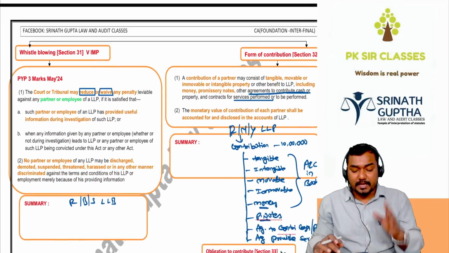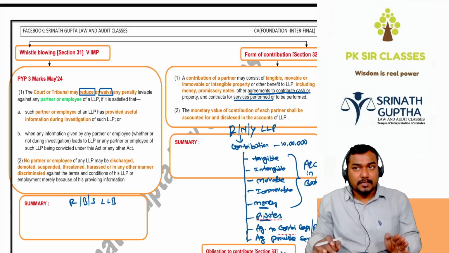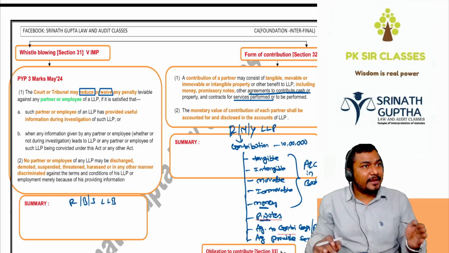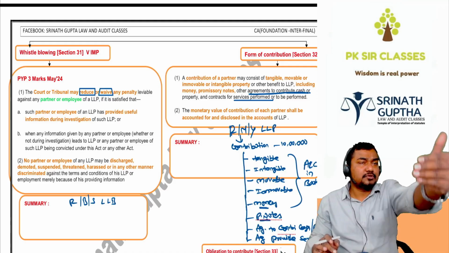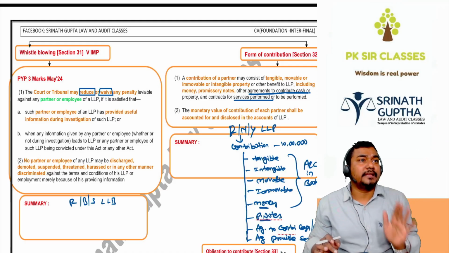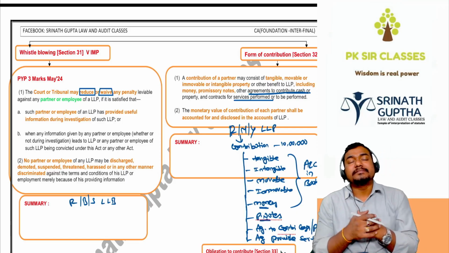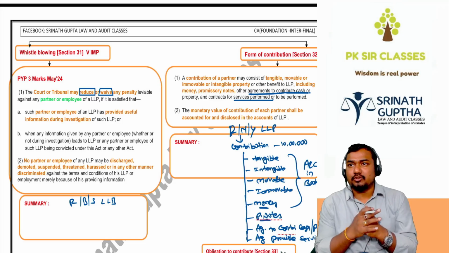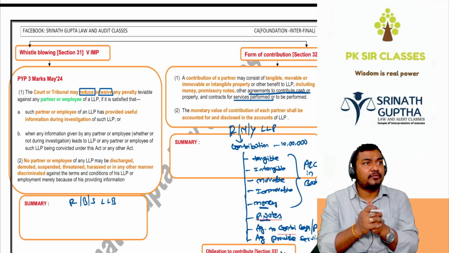Next, the whistleblower concept came in the exam 2-3 times, beta. Very, very important. A whistleblower is a person who goes to society about corporate abuses, when something bad is happening in the organization. Such a person is called a whistleblower. Yes or no, sir? So there was an investigation on the LLP because the government has a doubt that they are doing some unlawful activities.